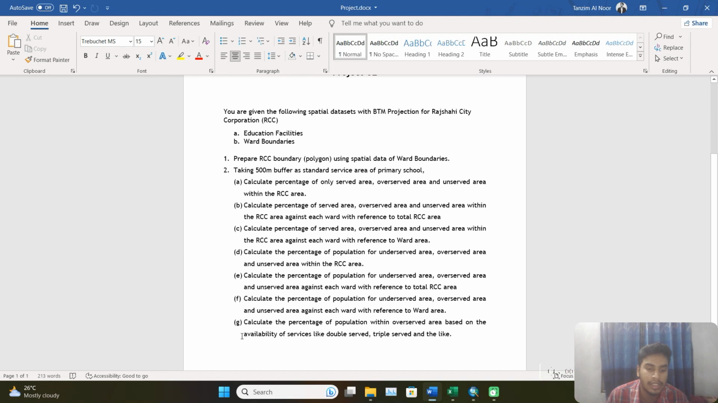So our last question will be this G. This last question tells us to calculate the percentage of population within overserved area based on the availability of services like double serve, triple serve, and like that. So now we have to deal with the overserved area. In this case, we have to calculate the overserved areas' primary school served, double serve, triple serve, or more than 3 or 4. So we'll again go to the ArcMap,